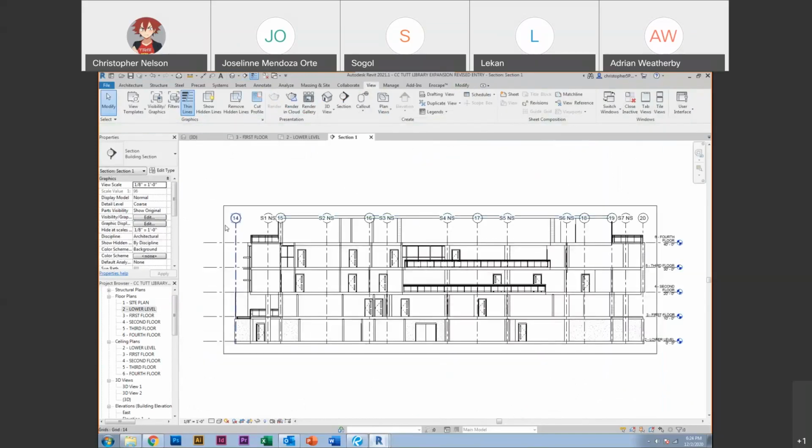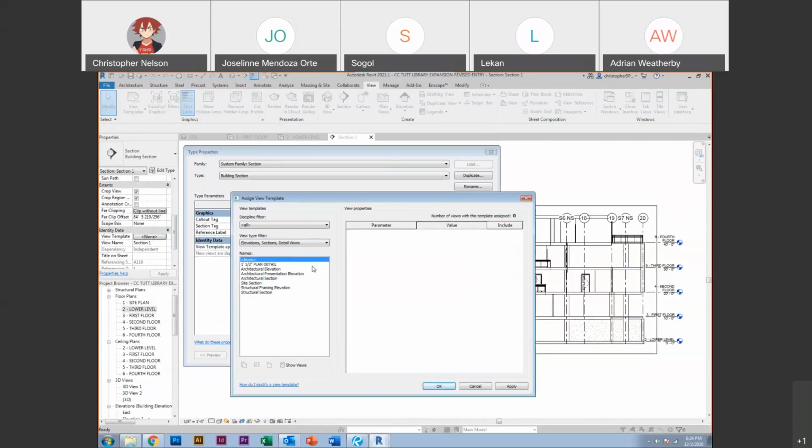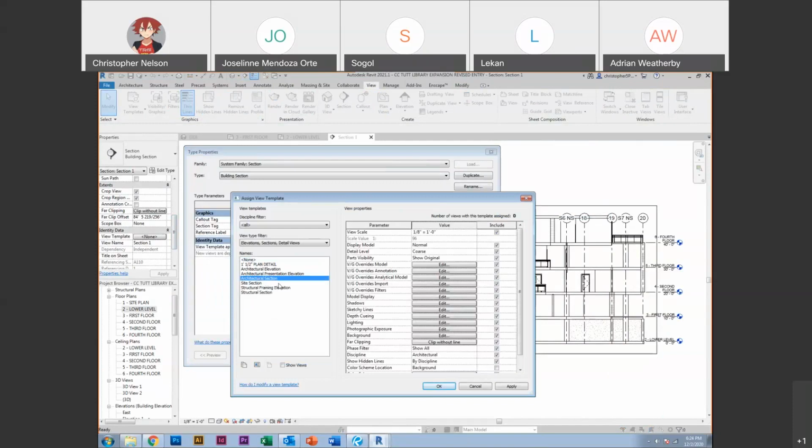We have the building section. The view template wasn't assigned to this one, which isn't really a big deal, but all you would do is go to Edit, and under Identity Data, you see View Template Applied to New Views. So anytime you cut a new building section, it'll give you that view template, and you would just find one. So I'm not going to worry about making a building section view template right now, but I'll just say architectural section. And if you scroll down in there,